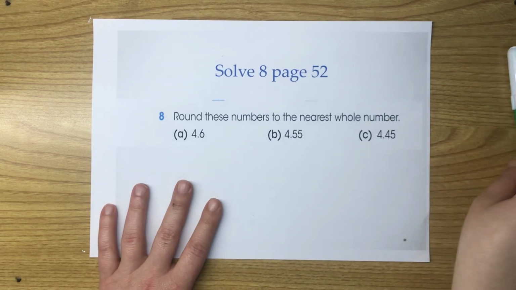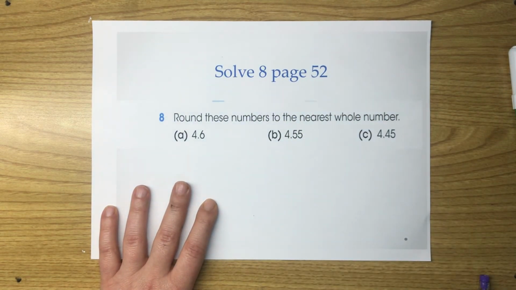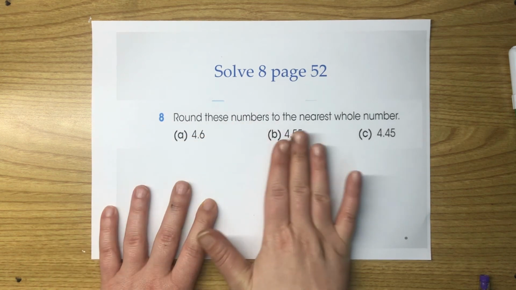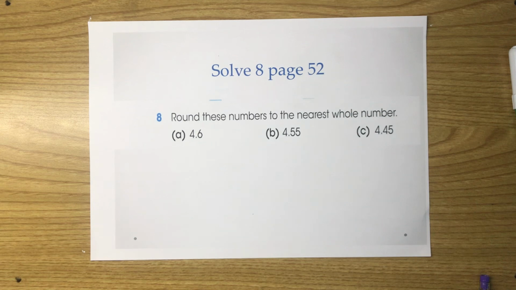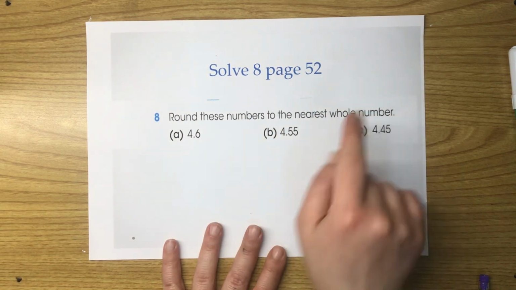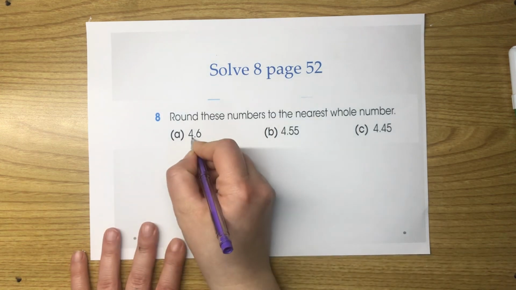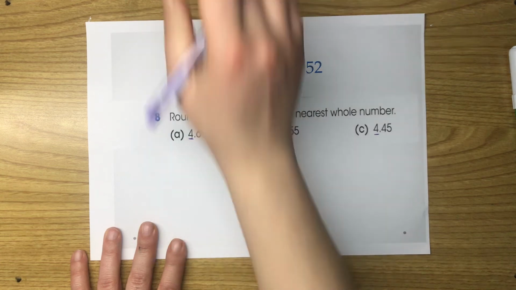Let's try on page number 52, question number 8. We are going to try to round these numbers to the nearest whole number. When you want to round the number to the whole number, always underline the ones digit. Okay, before I go there,